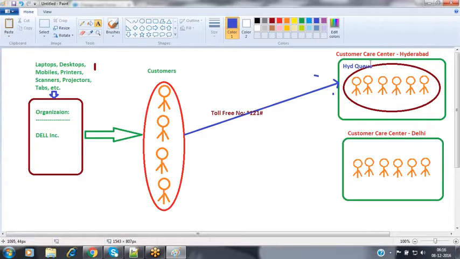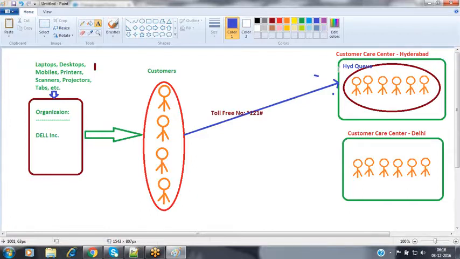From an interview point of view, they will raise a question: what exactly is the difference between a public group and a queue? A public group contains simply users, nothing but a set of users that we make together as a public group, in order to make records visible. But a queue is a location where all the pending records wait, till any of the queue members has accepted that record.